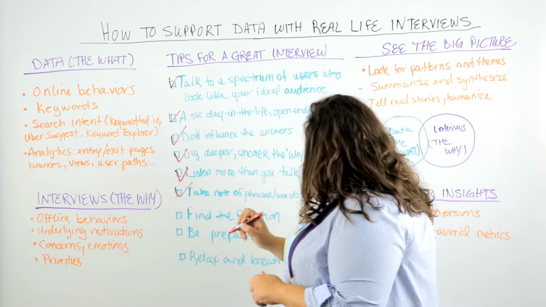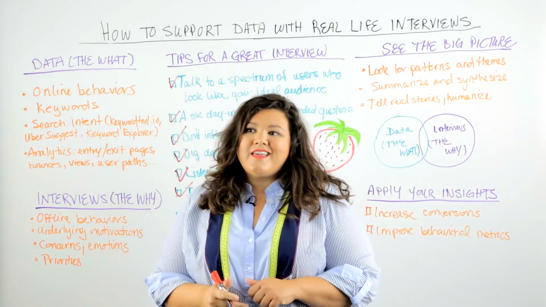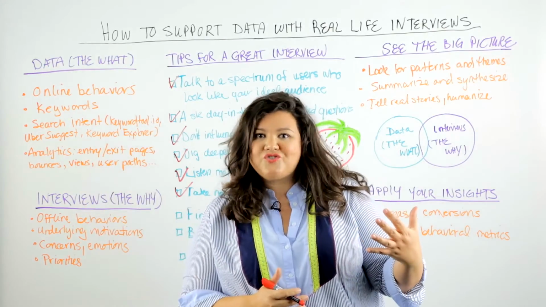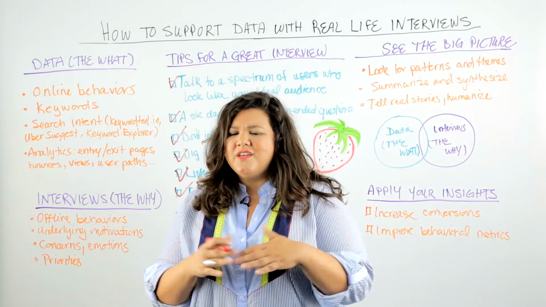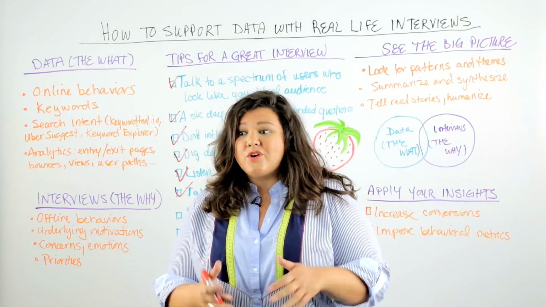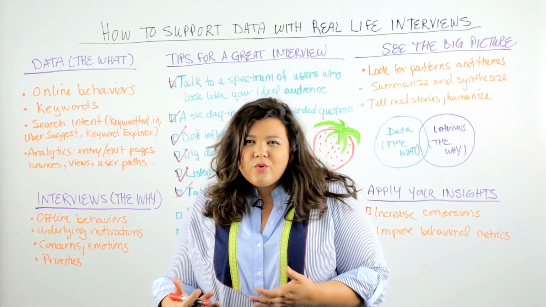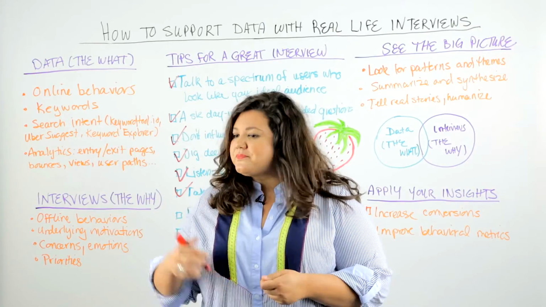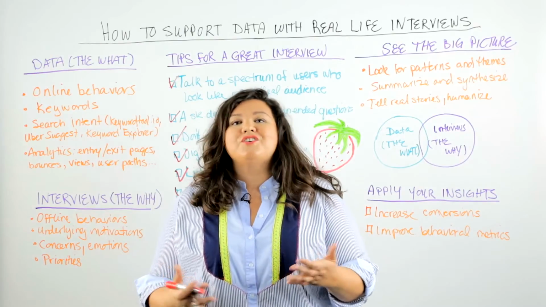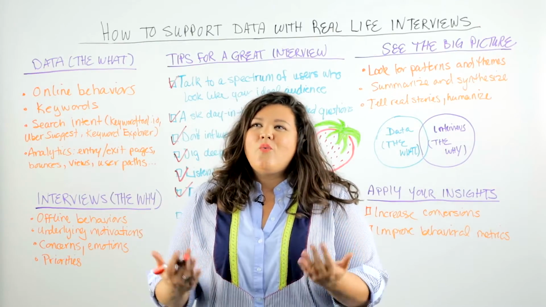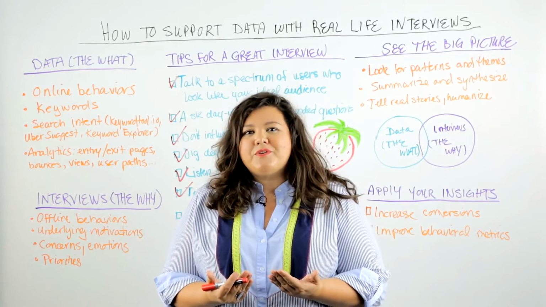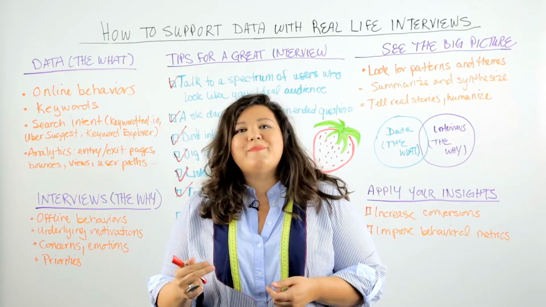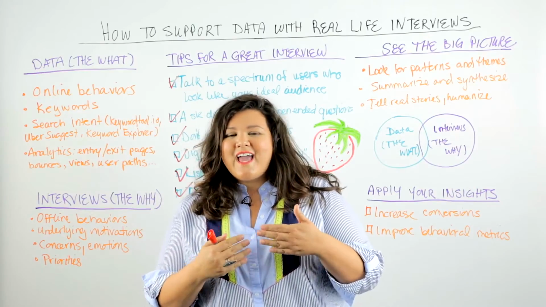Take note of phrases and words that they use. Do they say things like dipped berries instead of chocolate-dipped strawberries? You want to pay attention to the different ways and phrases that they use. Are there regional differences? What kinds of words do they use to describe your product or service or experience? Are the berries fun, decadent, luxurious? By learning what kinds of language and vocabulary people use, you can have copy, meta descriptions, emails that take that into account and reflect that.